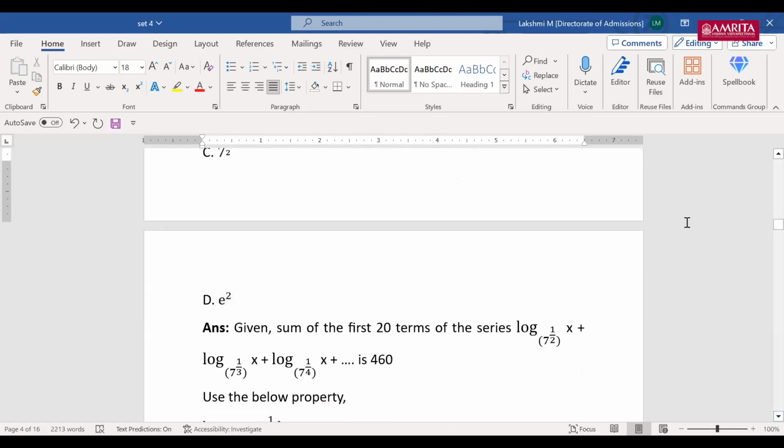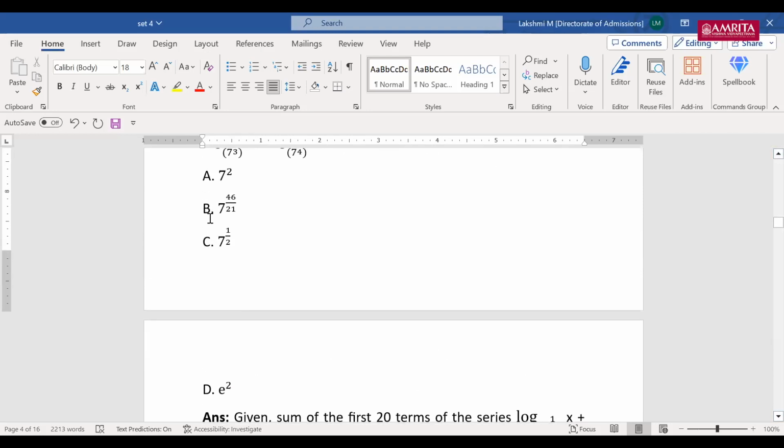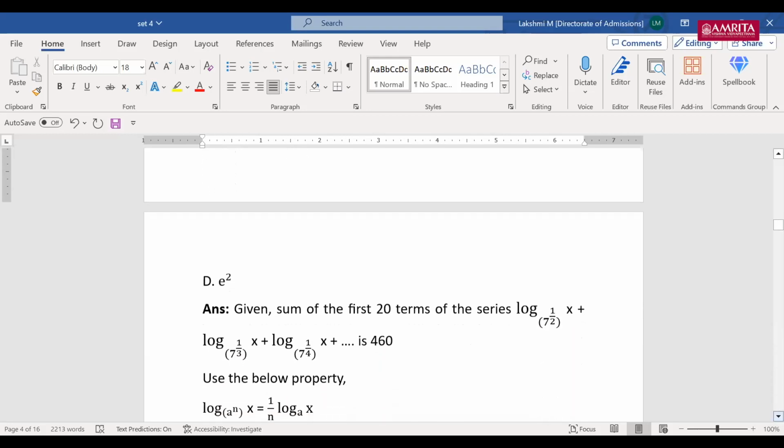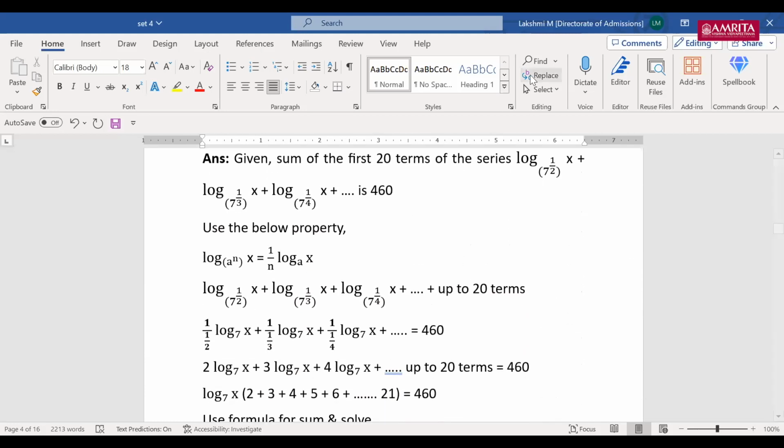So the fourth option is e square, which was not visible. So the first one is 7 square, 7 raised to 46 by 21, 7 raised to 1 by 2, e square. This is the value. From this, you need to find what's the value of x. You have a series here. Okay. Now coming to the answer,